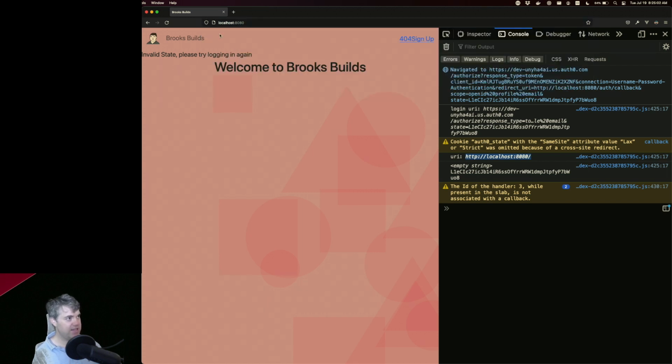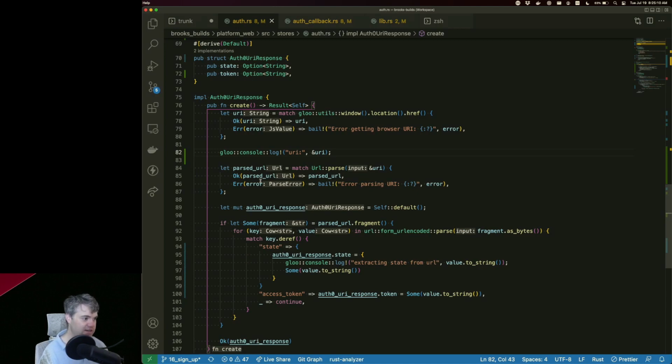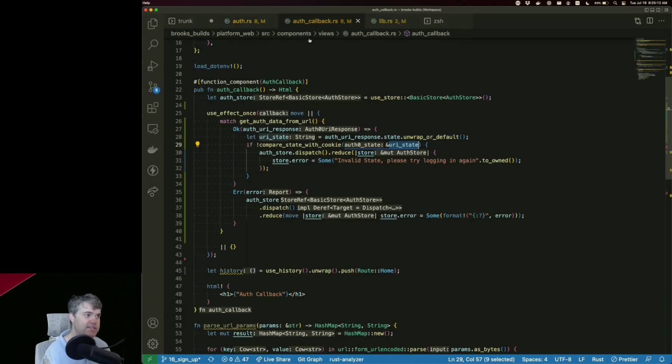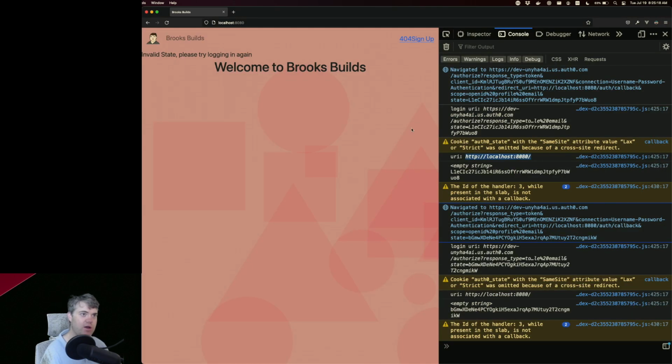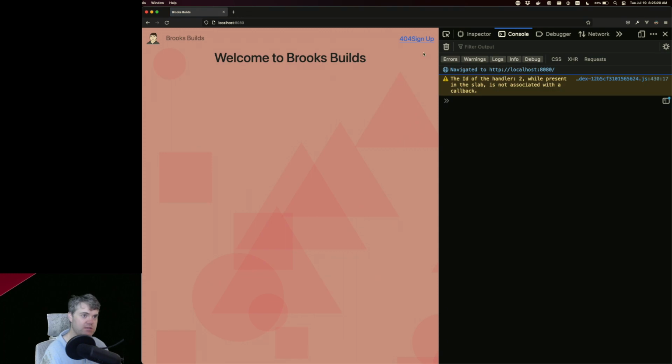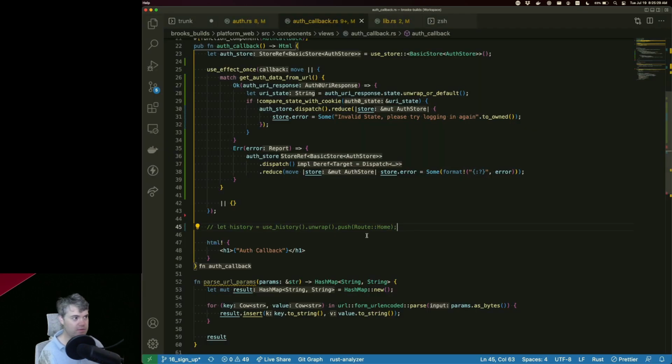It's getting this one, not that other one that we very briefly see. If I wait and I don't do the redirect, that probably works. Yeah, I'm in auth callback. All of that seems to be working now.